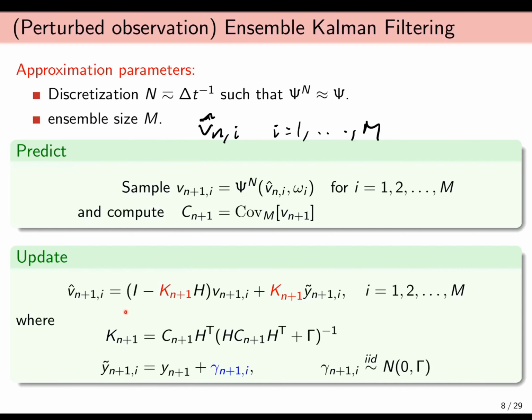And then, as I described before, in the update state, when I obtain the new observation, I update each of these prediction state particles by a linear combination. So the updated state of the particle at n plus 1 is a linear combination of the prediction state and the observation. Now I'm describing here the Kalman gain. The Kalman gain here is a function of the prediction covariance, which is computed here. That's a sample covariance of the prediction state particles.